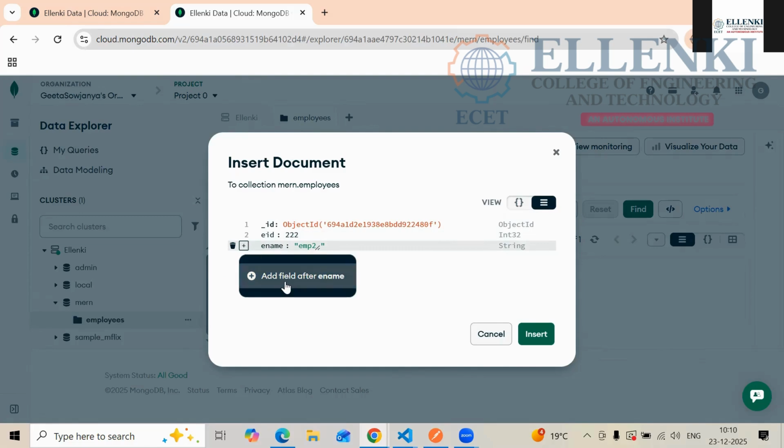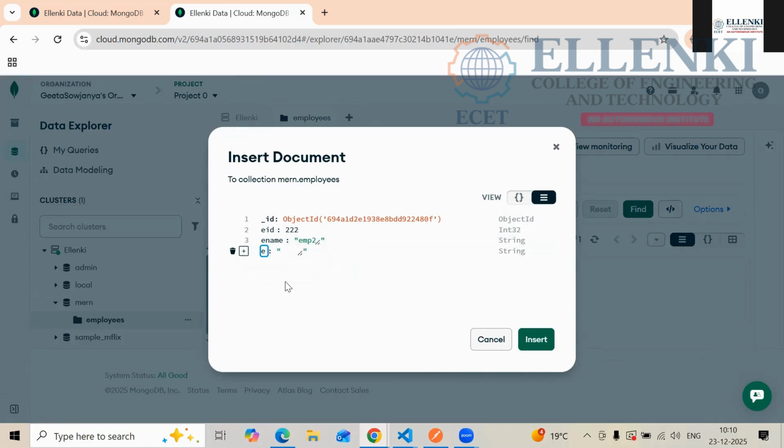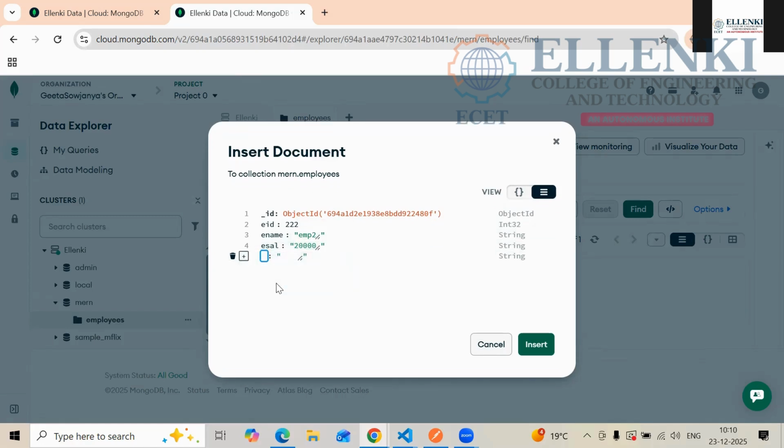Okay, and field, and what is the next one? Sal, and here I am giving some data, and later what we are having here? Some other field, that is gender. So if you are giving the correct values on the left side, then only it will be inserted properly. Otherwise it will take another column to fill this one. Okay, so gender, and here I am giving female, and I am inserting the data.